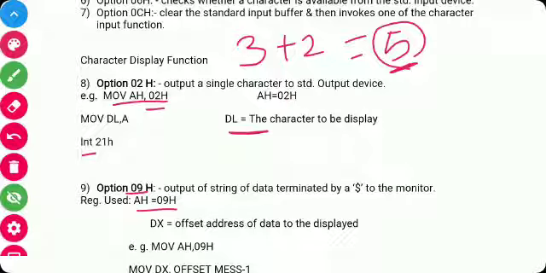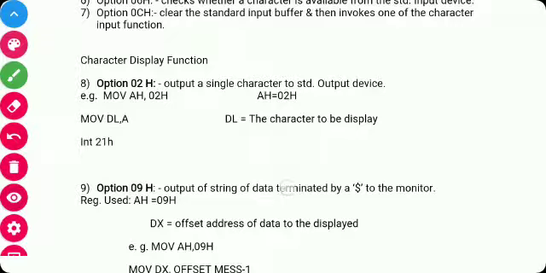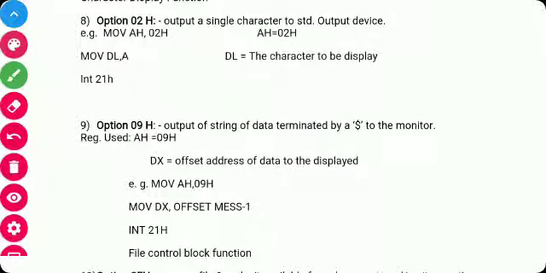DX will contain the offset of the data to be displayed, and it will print characters until the dollar sign is reached. It means we have to give the dollar sign at the end of the string. Here we are displaying the string message 1 using this 09H function of INT 21H.